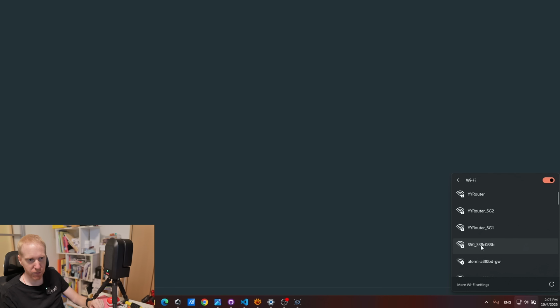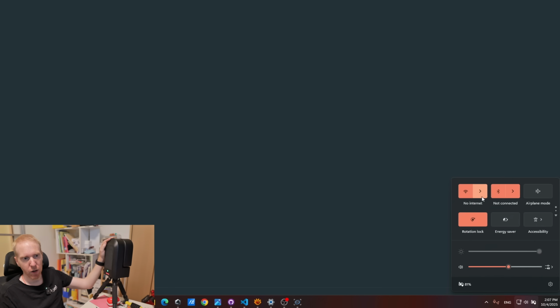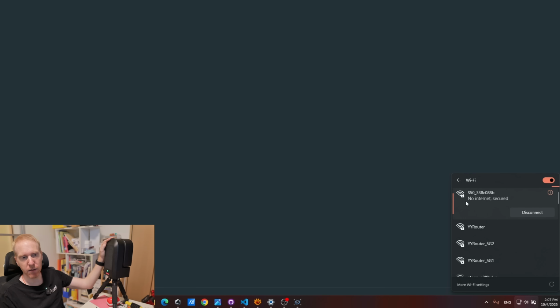to connect to this S50 network, and that's my SEESTAR hotspot, right? So I'm going to connect to it via Wi-Fi, and the password, unless you've changed it, is 123456778. On Windows, it will always tell you checking network requirements, but it's actually already connected. If I go back to that, you can see that it's connected